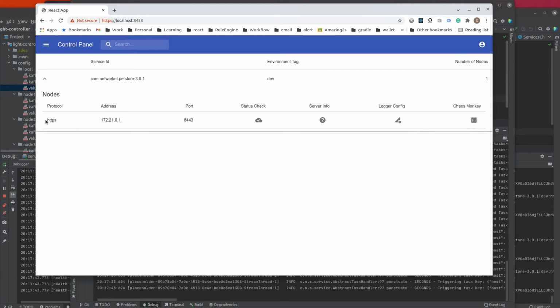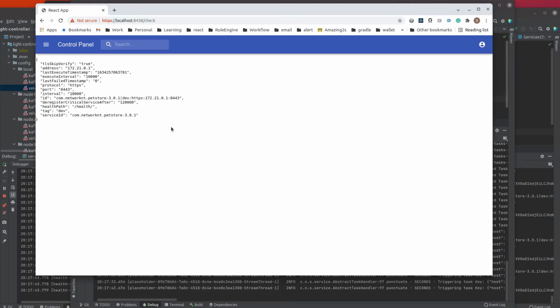Once you click here, you can see the registered IP address as well as the port number. You can click here to get health check information, such as the last time we executed the health check. This is the timestamp, and the last failed timestamp is 0. That means it has never failed. That means after 120 seconds from the first failure, it will be